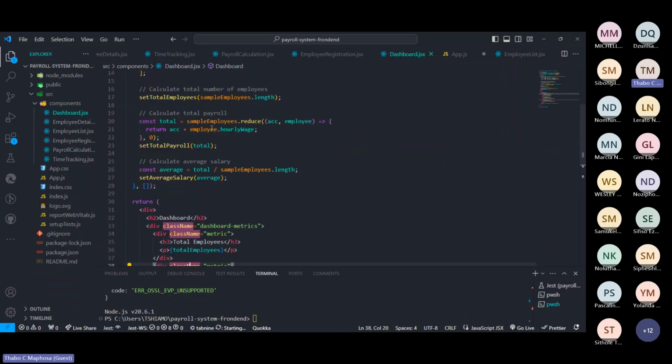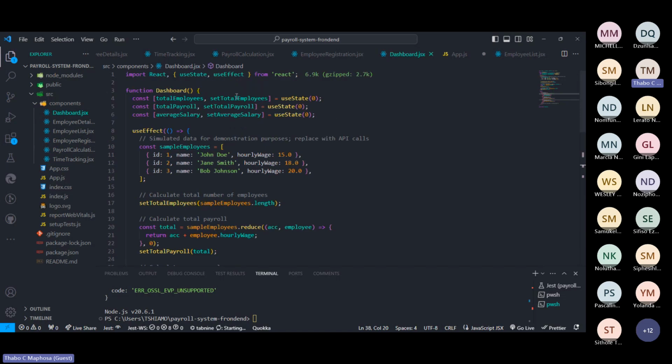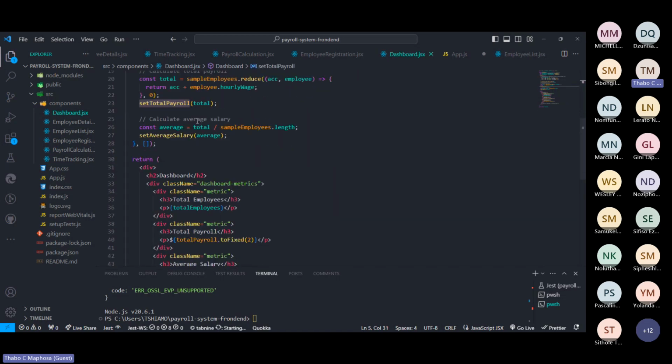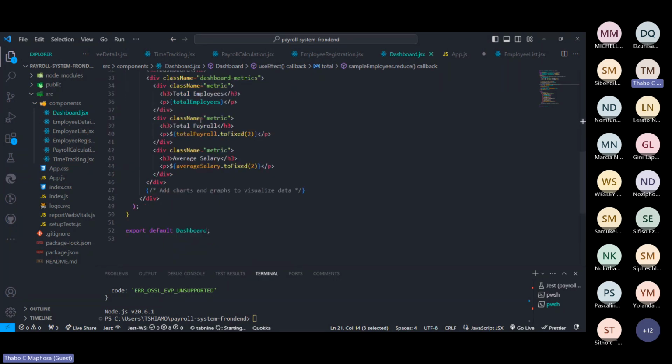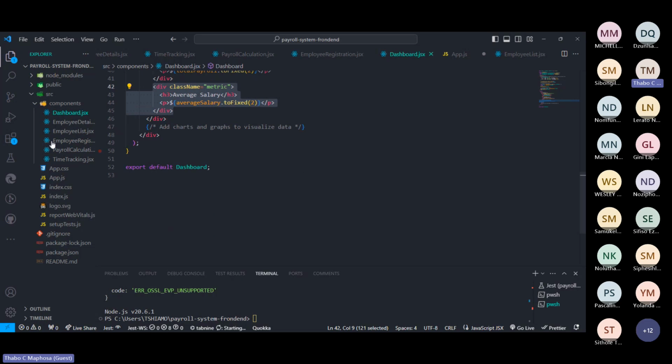If you check the total payroll, it's taken from this whole total thing there, which takes all the money they've earned, probably in a year, and shows it all together. It also shows the average salary that this person has been earning in that time period. So that is the dashboard side.